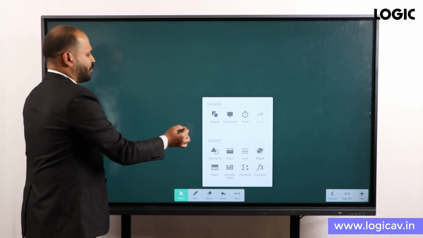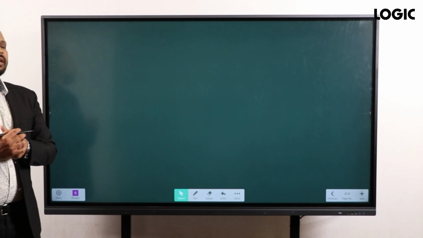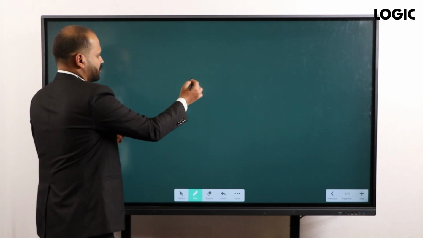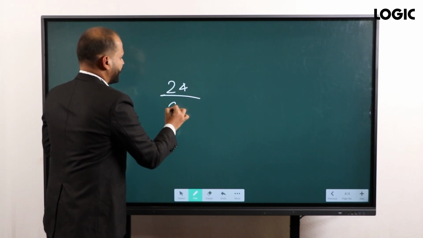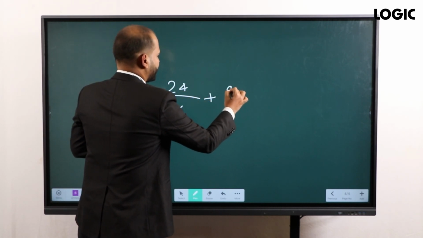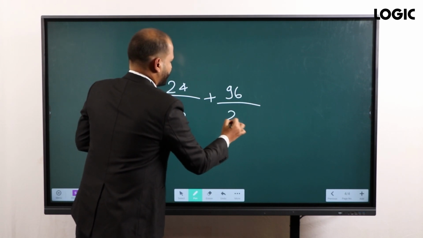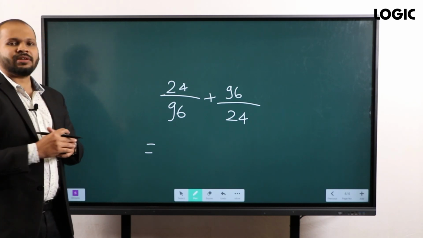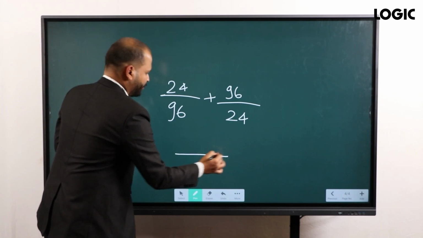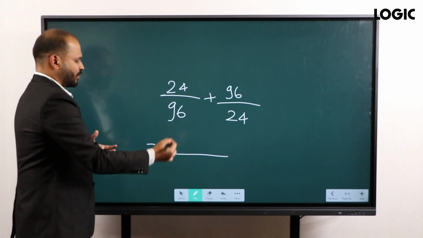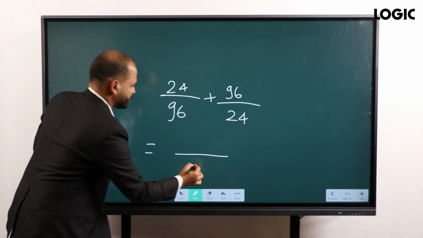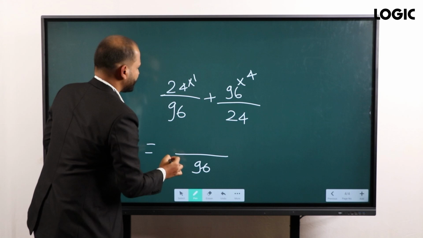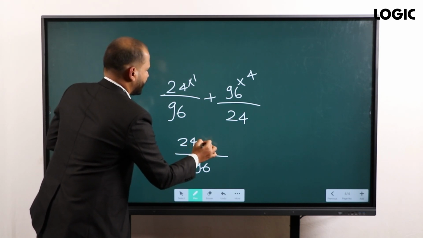Then comes the mini board. How are we going to use the mini board? Let's say there is a mathematics question: 24 divided by 96 plus 96 divided by 24. We need to write the answer in decimal form. For that purpose, we will initially solve with the fractions itself. So we're going to take the LCM of 96 and 24. The LCM will come to be 96. 24 ones are 24 and 96 fours are